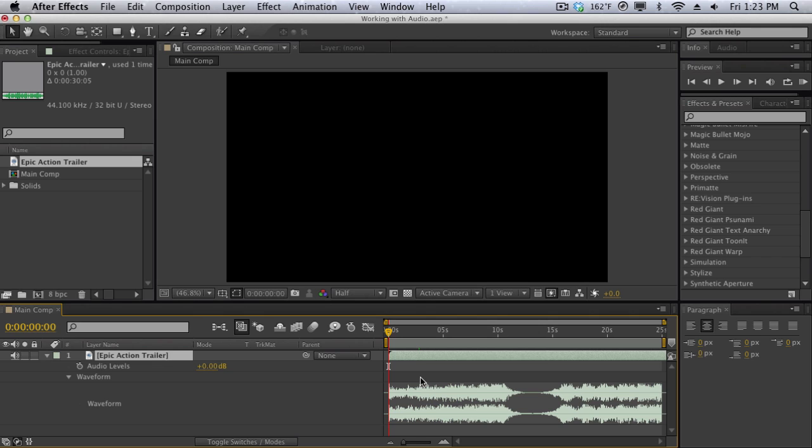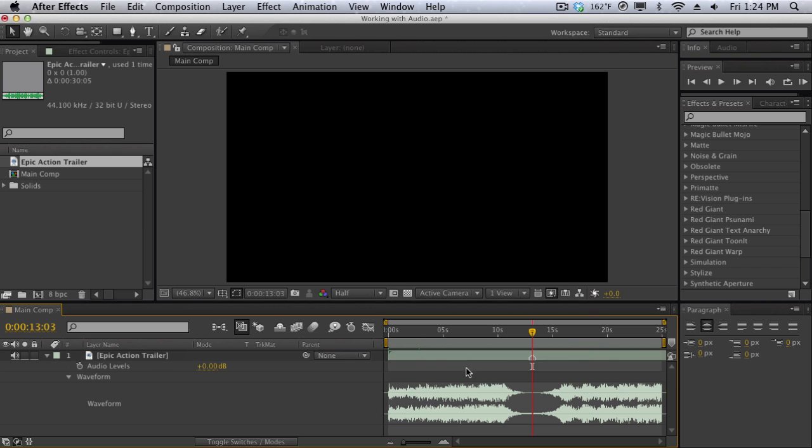Now a really nice way to work with After Effects and audio, and a really great way to sync up your audio with your animation or maybe your transition in your action trailer, is to use markers within After Effects. Now to create a marker, you can hit the asterisk key or the star key on your number keypad. This doesn't work if you just use the regular asterisk key right above your typing area. I mean, you have to actually use the keypad. And it shouldn't be a problem because most people who use After Effects use a workstation that has a keyboard in there. So I'm going to hit the asterisk key,